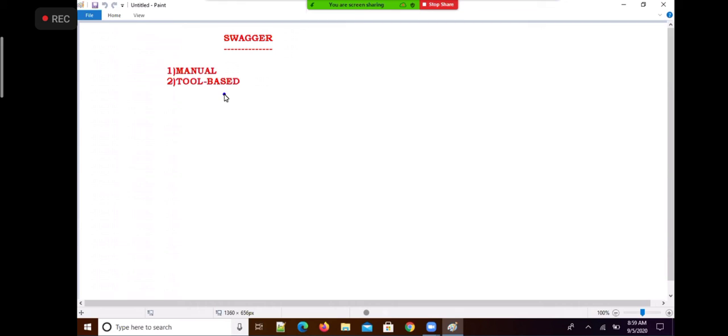Now we want to see how we can use the Swagger tool to prepare the documentation for the REST API. That is what we are discussing now. Clear? Let's start.